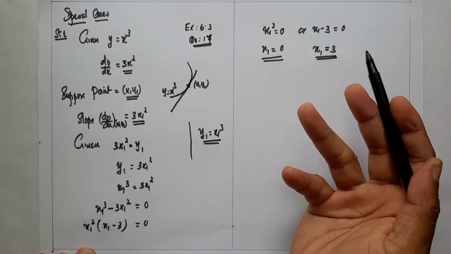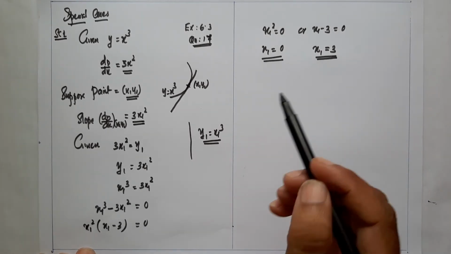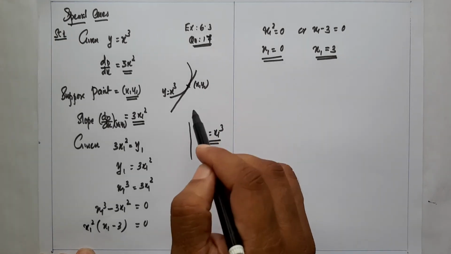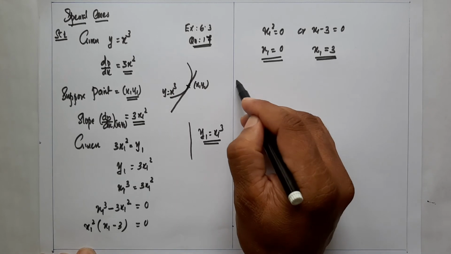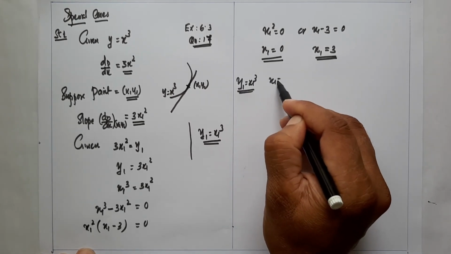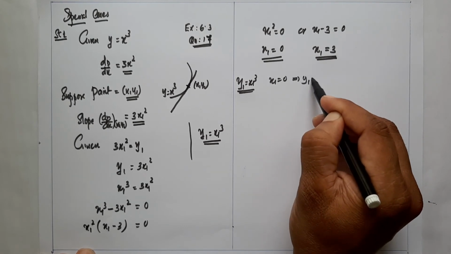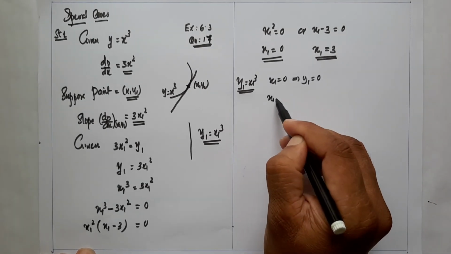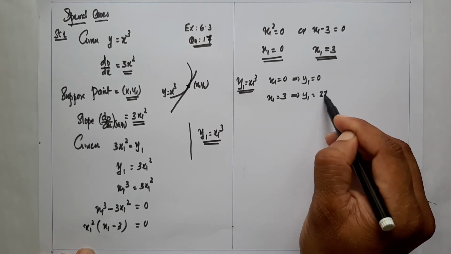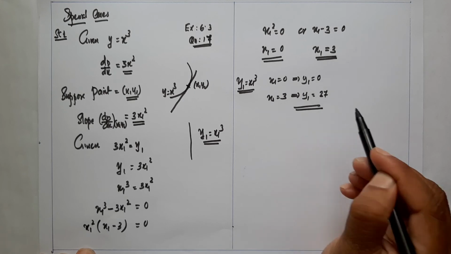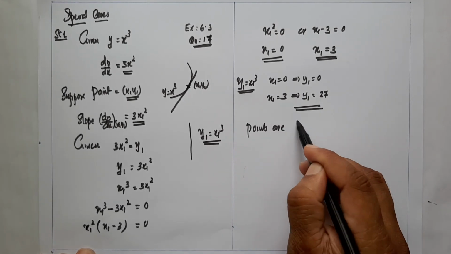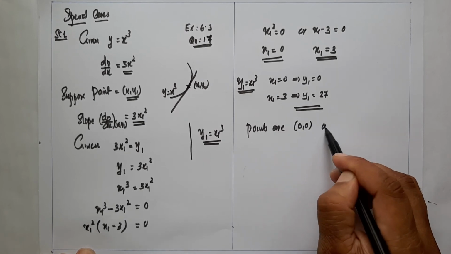Now we find the y coordinate. For finding y coordinate, we substitute x1 to the given curve. You know, x1, y1 satisfy the given curve, and therefore y1 is equal to x1 cube. When x1 is equal to 0, that implies y1 is equal to 0 cube, which is 0. And when x1 is equal to 3, that implies y1 is equal to 3 cube, 27. Therefore we get our required point. Therefore the required points are 0, 0 and